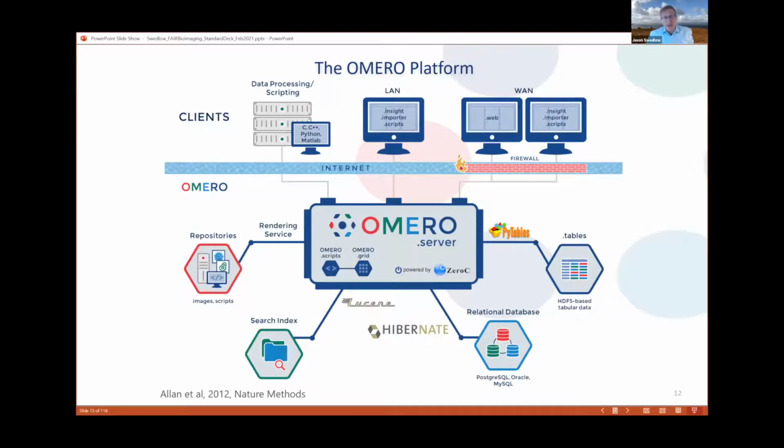Now, the second tool I'm going to tell you about is OMERO. OMERO is a full-blown data management system. This is all published, by the way. So if you want to find more about the technical details, do please look at the paper or look at our website. But basically what OMERO is doing is taking many different types of data, for example, imaging data, metadata around ownership or maybe analytic results,